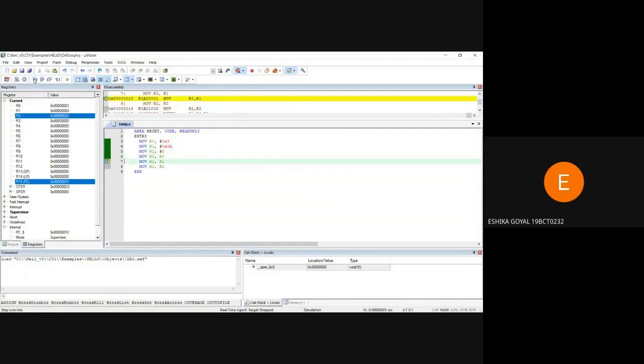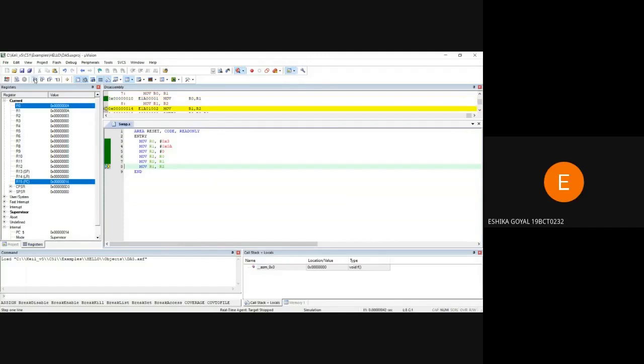Now, as you can see, the value of the 3 has been stored into the R2 register. That means the value that was stored in the R0 has been shifted to the R2 register. Similarly, we can see the value of the A has been shifted from R1 to the R0 register.